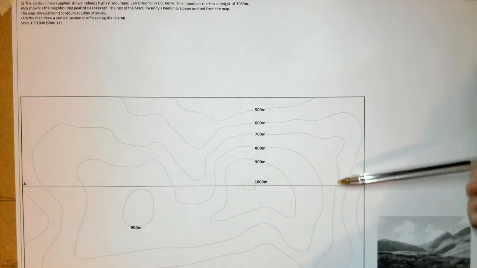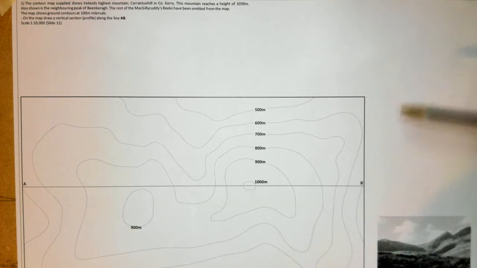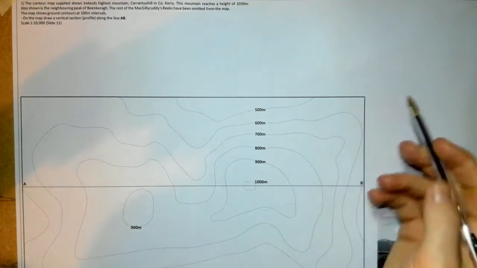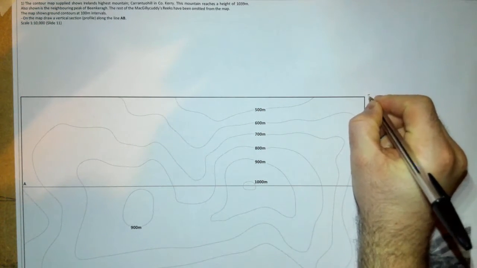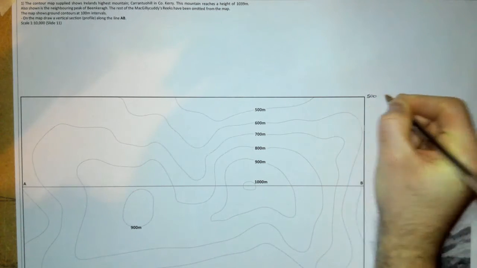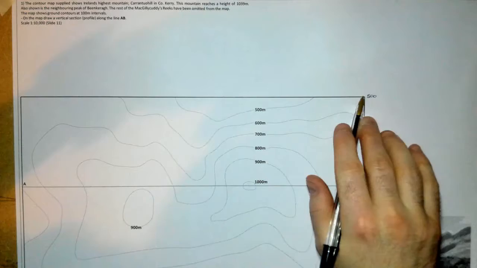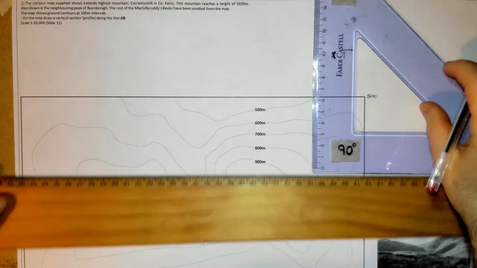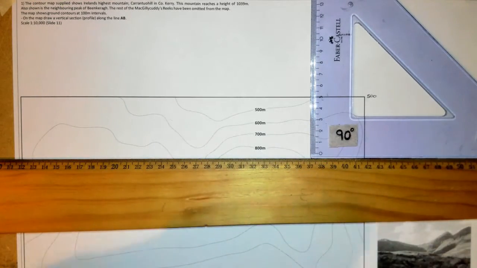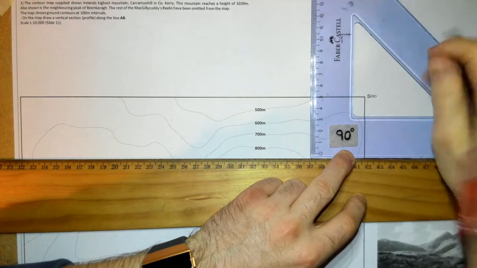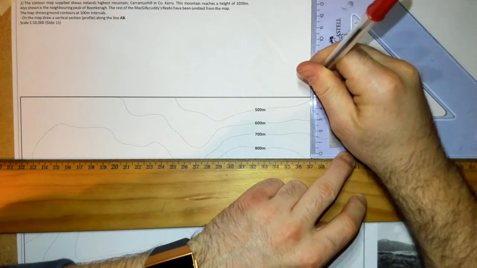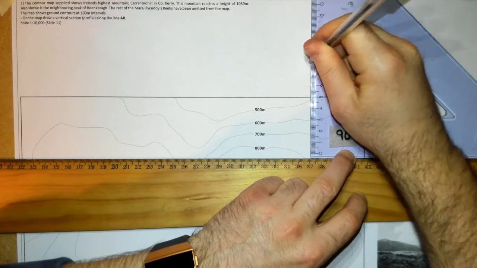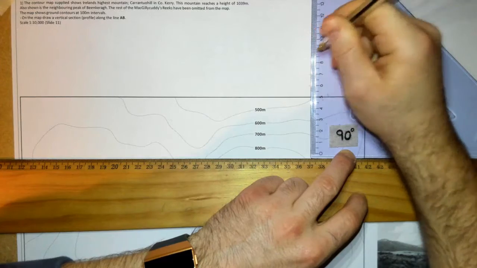Therefore, with this cutting section, this is how I usually do it. I'm going to start with the lowest profile, which is 500, so I'll write 500 here as a little guide. From this line, I'm going to measure up in 10 millimeter intervals, for five or six goes. If 500 is along this line and I measure up 10 millimeters and make a little mark, that'll be where 600 is. The next will be where 700 is, 800, 900,